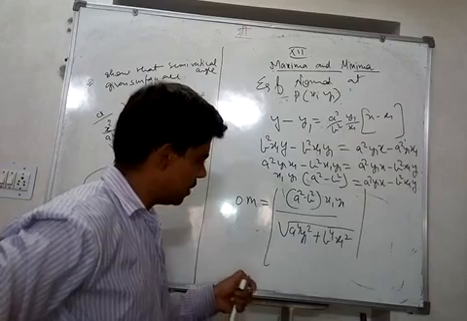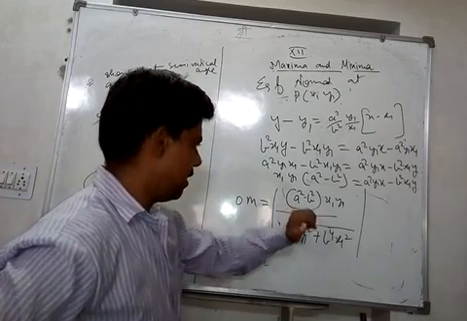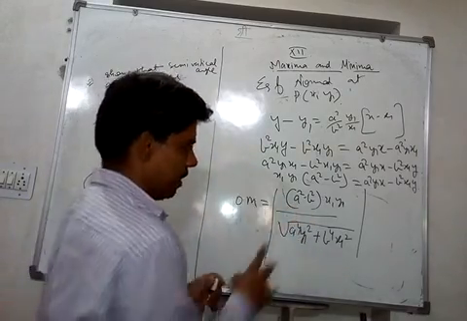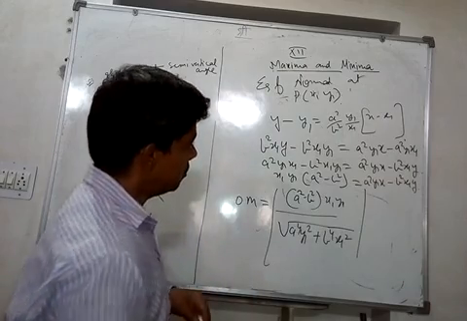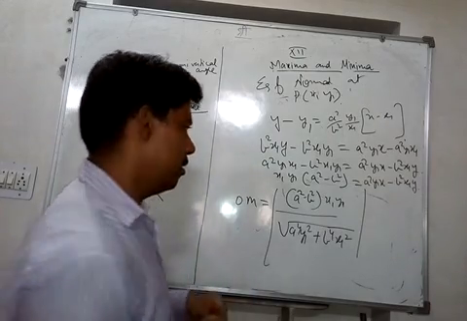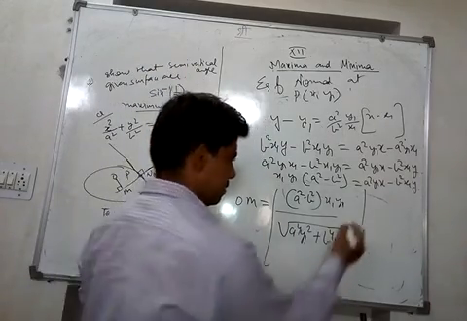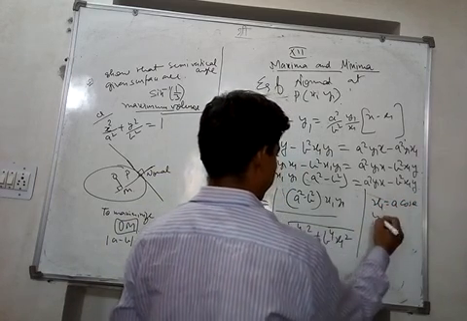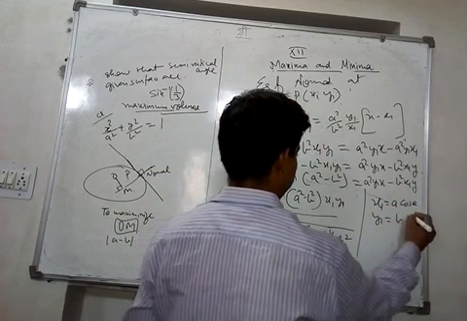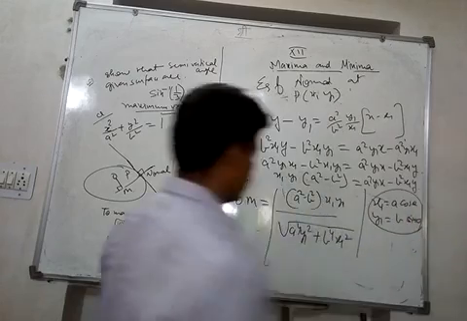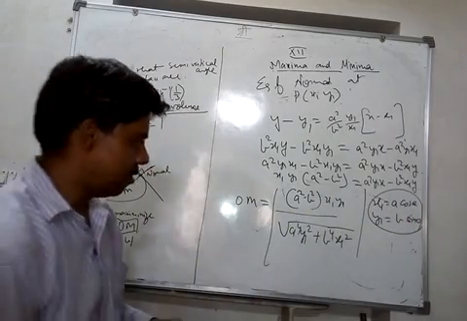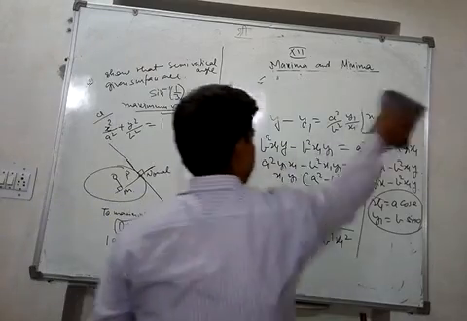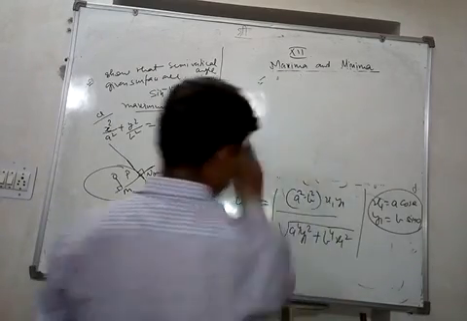Now we can use one more thing here. Here, what is the variable? So we need to create only one variable out of the two variables x1 and y1. So we'll use the parametric form of ellipse, which says x1 is equal to a cos theta and y1 is equal to b sin theta. This we will use here, and then we'll solve it. Okay, because a and b are constants. So then there will be only one variable and we can utilize it.